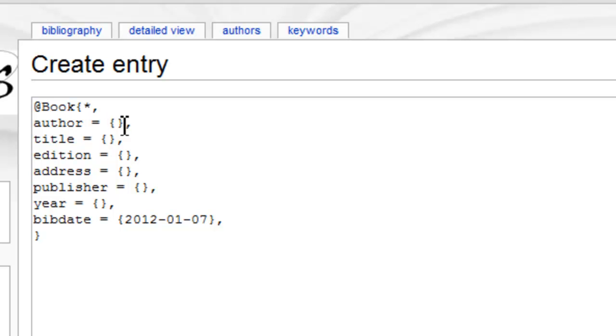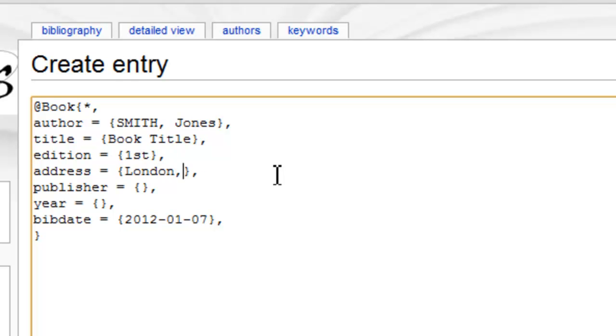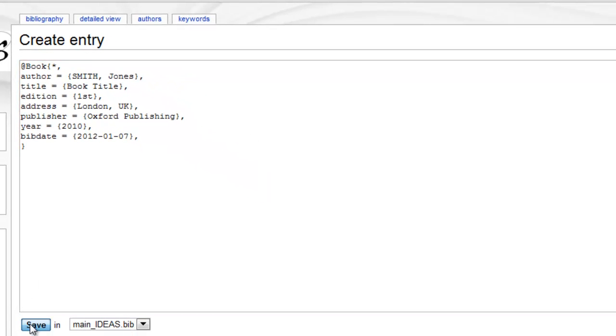First off, if we fill in author, let's say it's by Smith, Jones. Make sure that the last name comes first and is capitalized, and then the first name is not all capitalized. Title, we just say book title. Edition, let's say it's the first edition. Make sure when you type this in, you type first like 1ST, second as in 2ND, etc. Address, let's say this is London, UK, publisher, Oxford Publishing, year 2010, and then just leave everything the way it is. So we go to save,